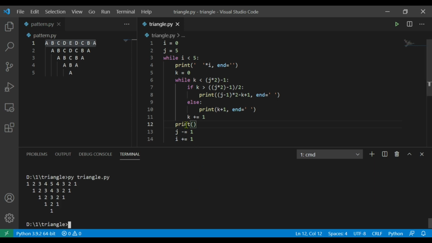So in this code, we need to modify print statements to print alphabet triangle pattern. In this else condition, the print statement contains the first half of the triangle pattern, that is A, B, C, D, E, A, B, C, D, A, B, C, A, B, and A. So change this code